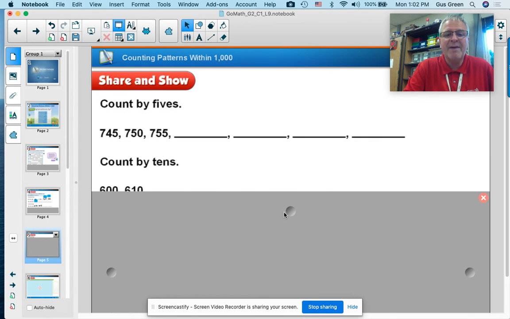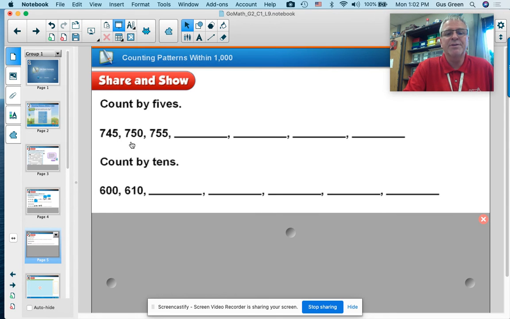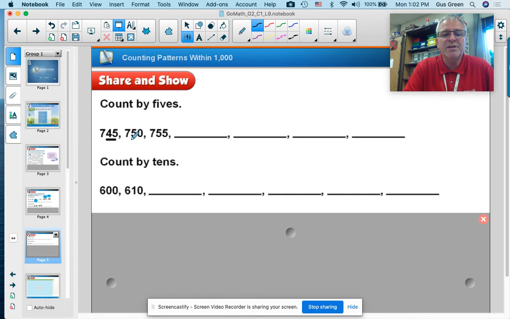Now, if you're looking at counting by fives with really big numbers, don't let it intimidate you and don't let it seem like it's super hard. Look at the last two numbers in this pattern. 45, 50, 55, 60, 65, 70. I know my fives pattern, and then I can just add in the hundreds. And as you practice with it, it'll become a little more natural. 745, 750, 755, 760, 765, 770, and on and on. And you could do the same with tens. 0, 10,